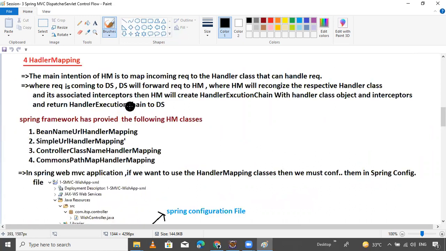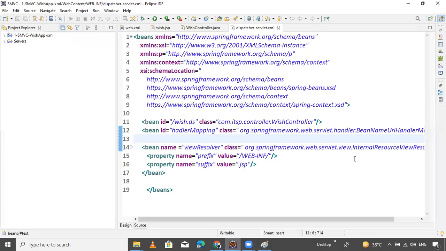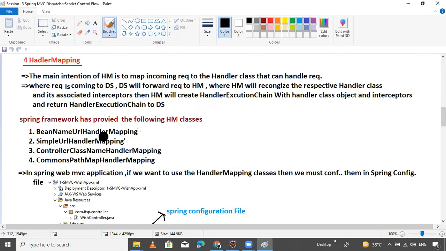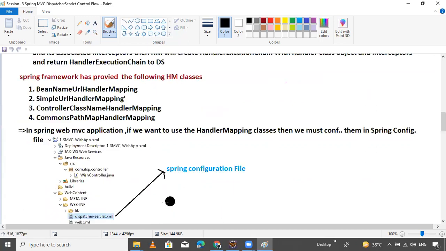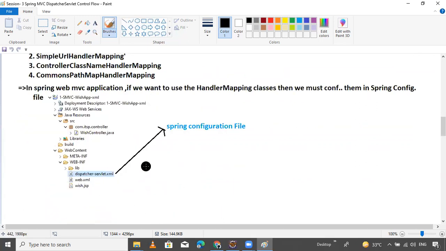So now, handler mapping for the dispatcher servlet is mainly of four types. What are the four types? First is the bean name URL pattern. If you have one controller, then use this. If you have multiple controllers, more than one controller, then use simple URL mapping. I will give theory on this in today's session, and on bean name URL pattern also. So this is the last class, guys. This file is called the Spring configuration file.